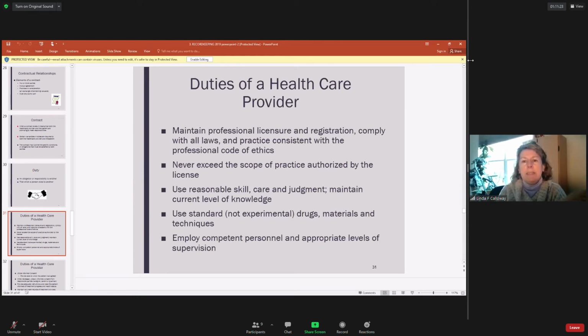So never exceed the scope of practice authorized by the license. Not all of you are going to be Delawareans for your whole entire life. That's why no matter what state you go to, no matter if you've had a license for 3 years or 30 years, you move to a new state, you take a jurisprudence test. Usually it's open book, but it means that you are forced to read the rules of the state and answer each question, like a fill in the blank type thing, of each rule. So it's clear you were given the rules, you read the rules, and you correctly identified the rules,